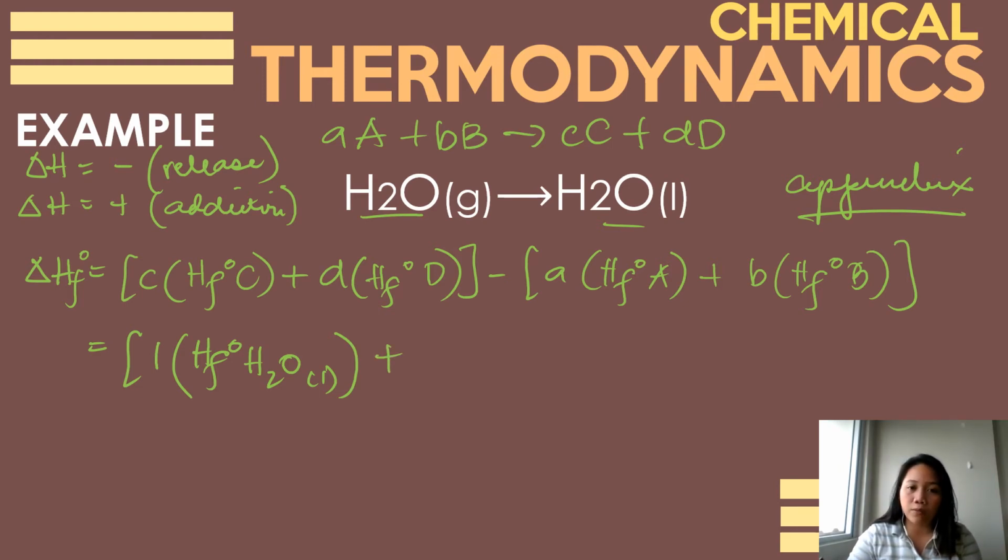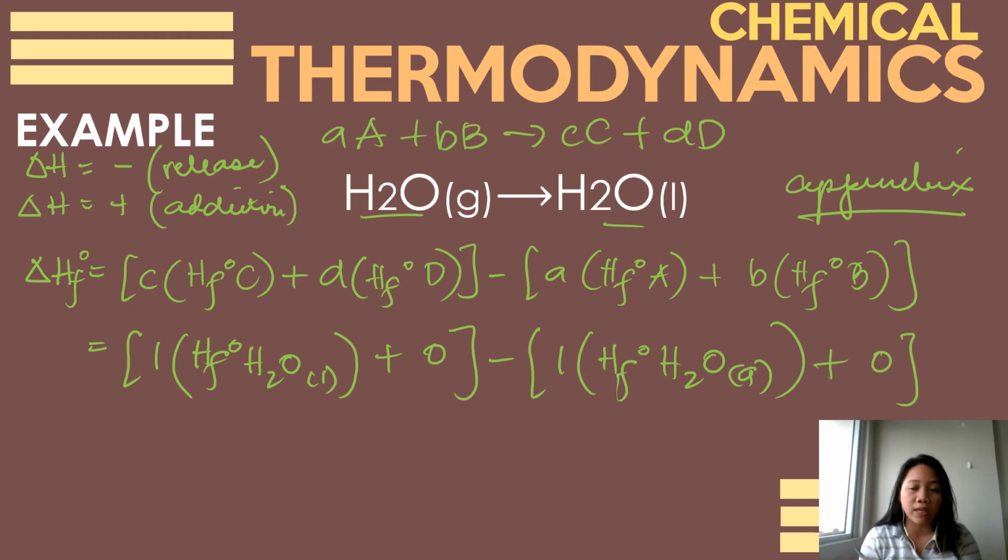Then, plus, since we don't have D, a second product, that would be 0. Minus, you have A, 1, then the ΔHf° value of your H2O in gas form, plus, of course, your B, which is, there's none, so that would be 0. Then all you have to do is look for the value of the ΔHf° of H2O liquid in the table of values. And in that case, that is negative